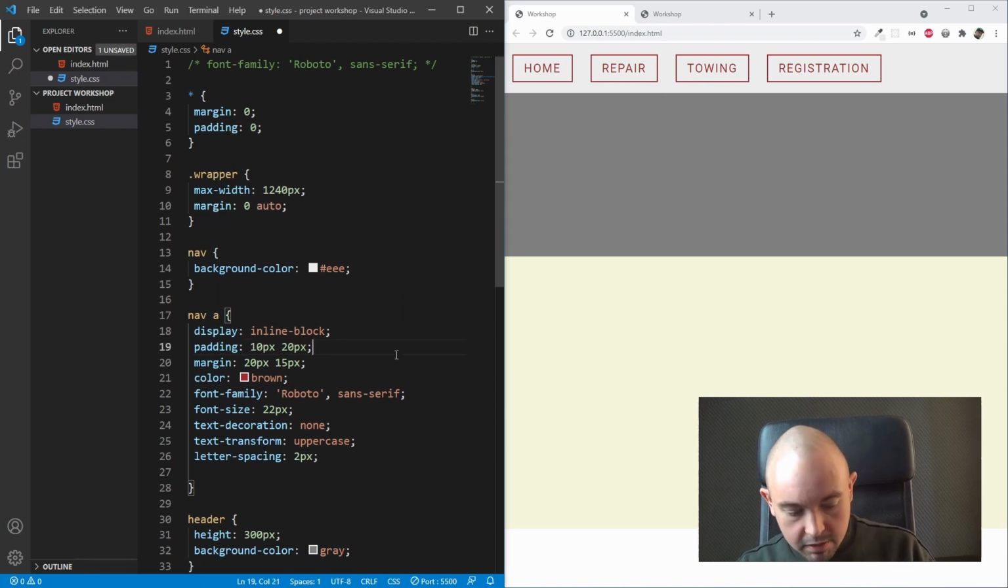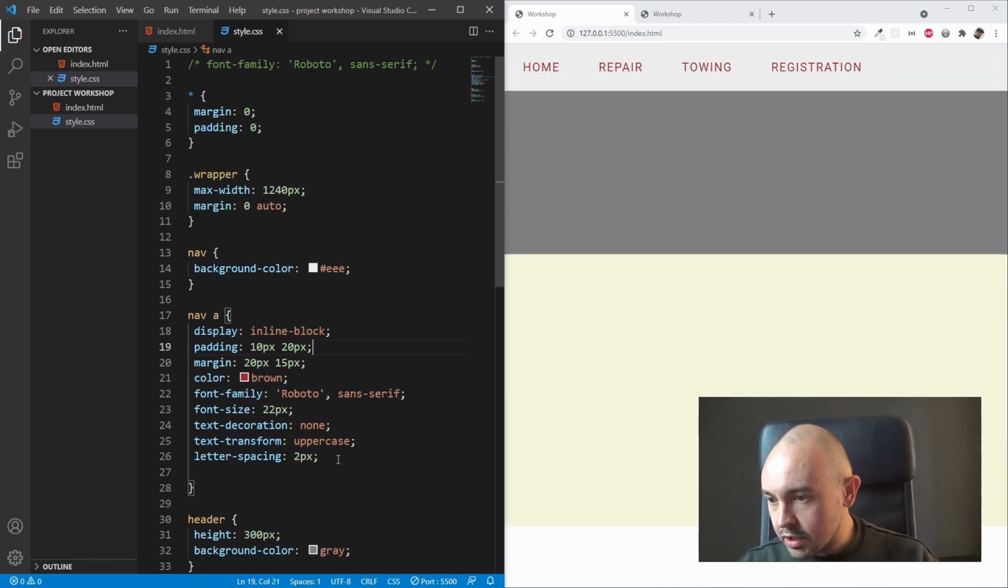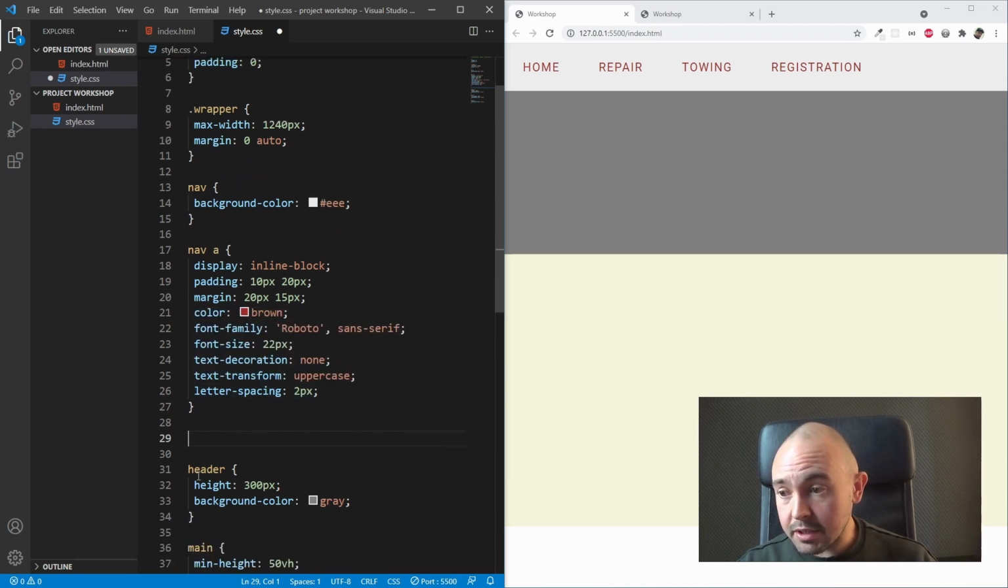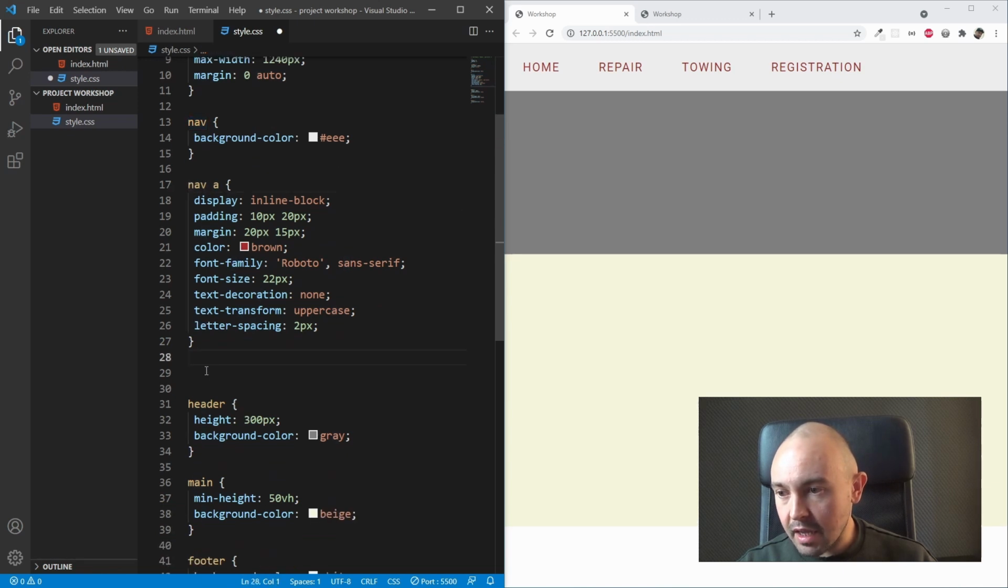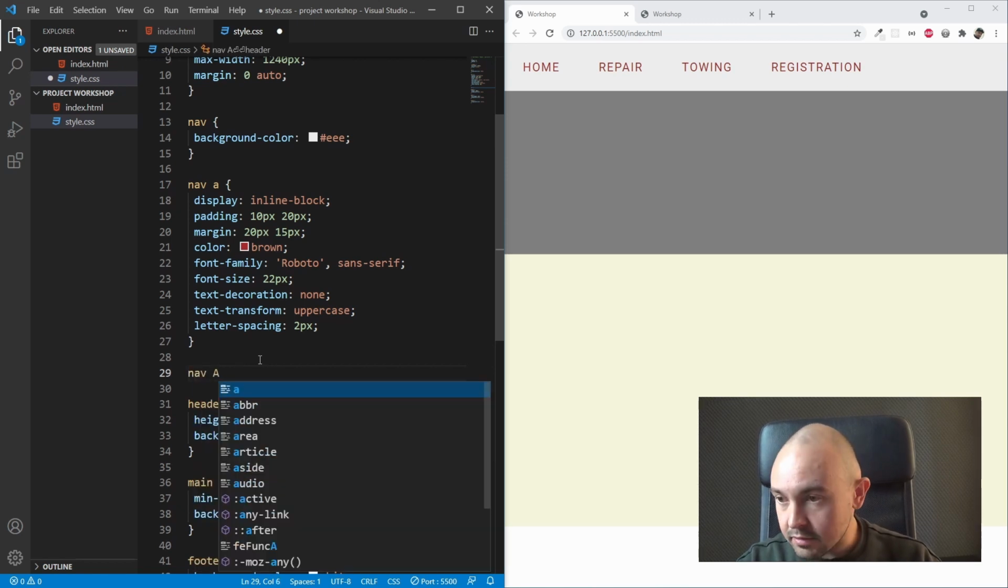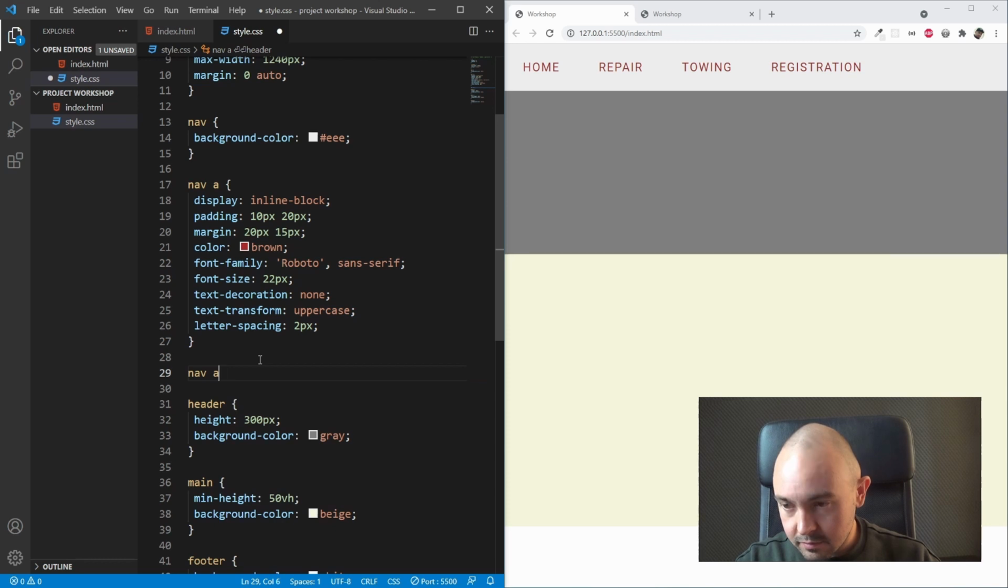But maybe we could place it, for example, after hovering on our element. It's always good to place a pseudo class of an element right below this element we styled. So for example, we have an A tag, which is in navigation, and now we wanted to place the hover pseudo class for it. So nav A hover,